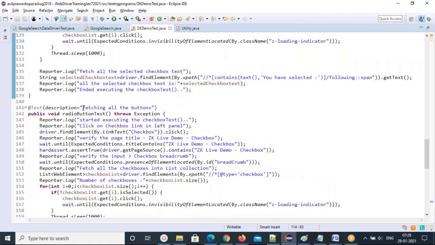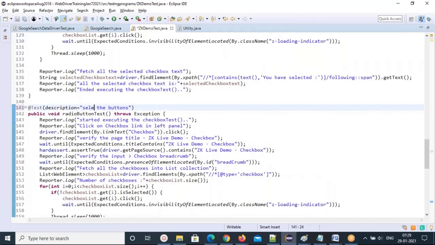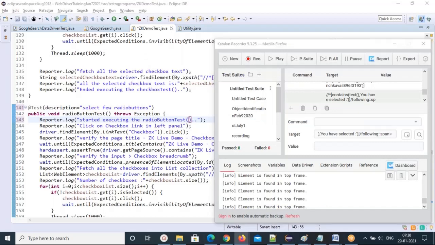So select a few radio buttons. This is the radio button test. Same, you go and see in the left panel, you can find that.